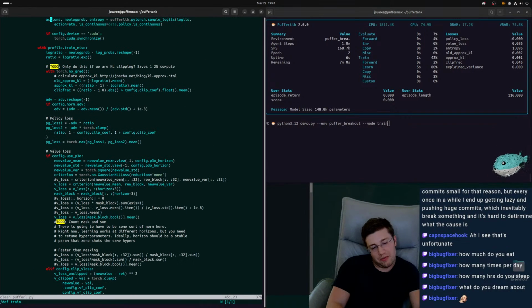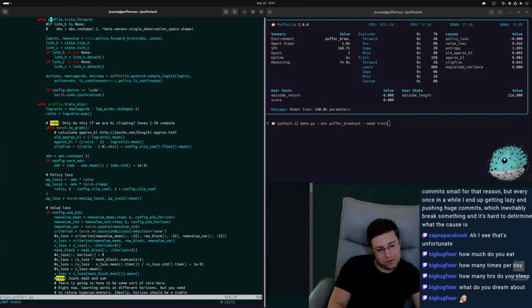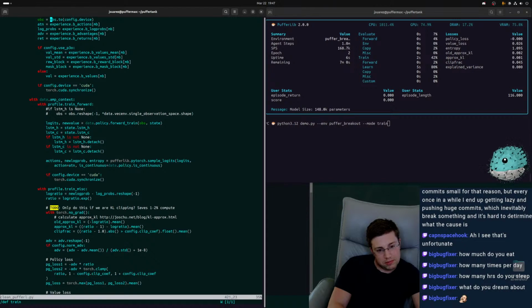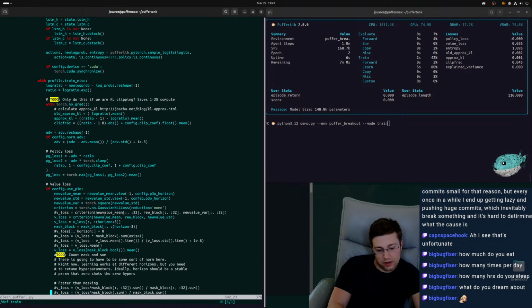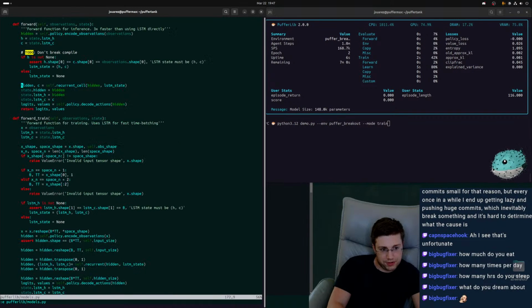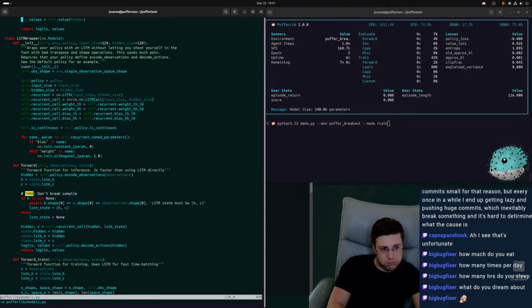What the heck did I screw up here, man? That's ridiculous. Think on this. You're not using the wrong LSTM, right? It's just literally a bad merge that did this. You have recurrent cell, right?